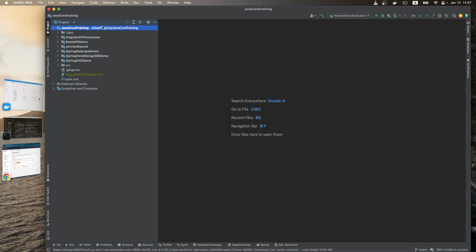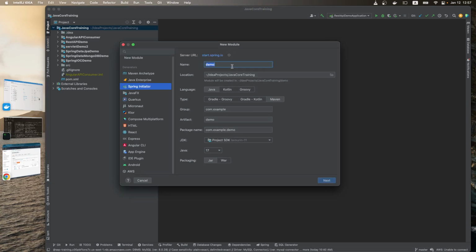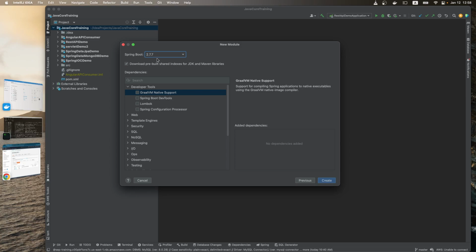Okay, so in order to do the operations in S3 from our Java application, let's first create a new module, and we're going to call it AWS demo, right? And here we're going to change our package, and the artifact keep the same, and change the Java version to 11. Use Maven. Okay, next, and we're going to choose Spring Boot 2, and let's select some of the commonly used